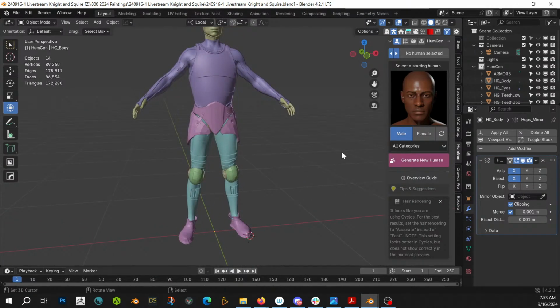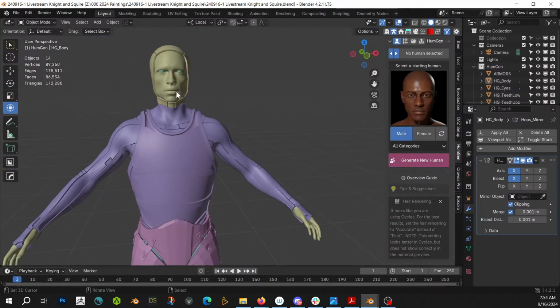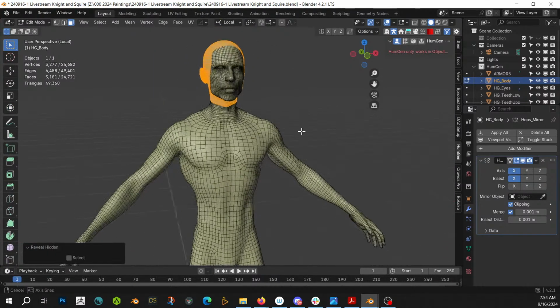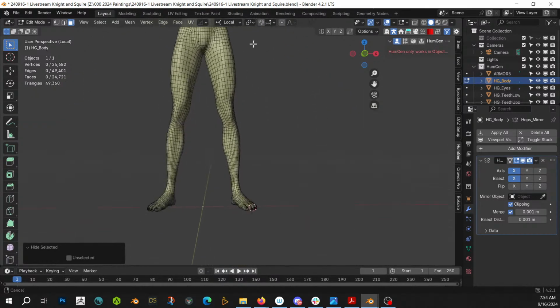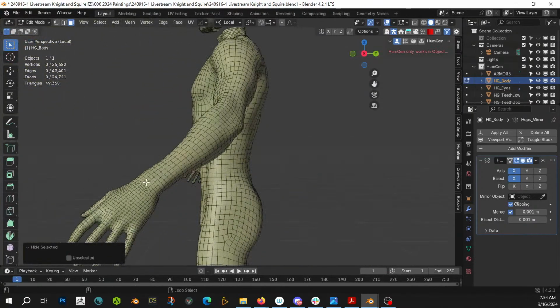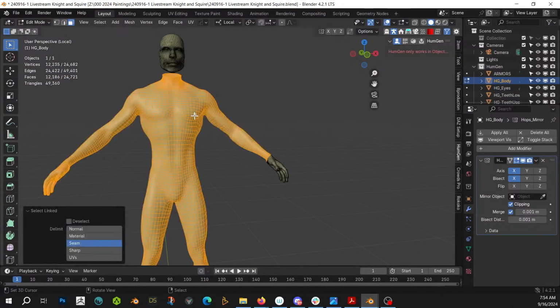Now, I think, let's go back to our guy again. Tab, do his work on his body. And again, let's hide that stuff. I'm going to hide his feet, and we're mirrored, so it's cool. And hide his hands here. Cool. And then L,